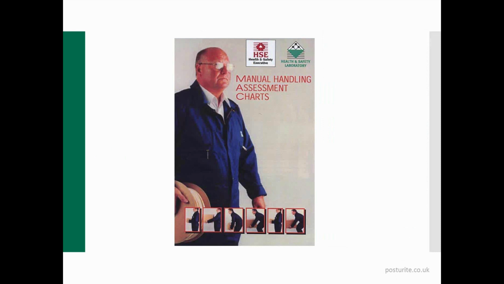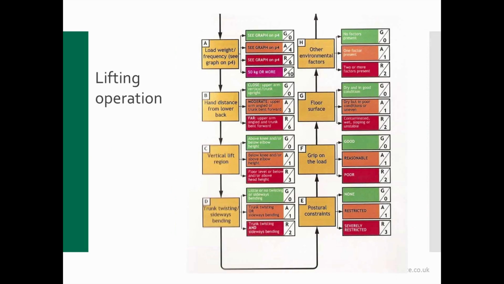There's a similar flowchart and system adopted in the use of the MAC tool, the Manual Handling Assessment Chart. This in fact came out a few years before the ART tool, but has a similar approach with a flowchart looking at the various risk factors that you would be particularly interested in,